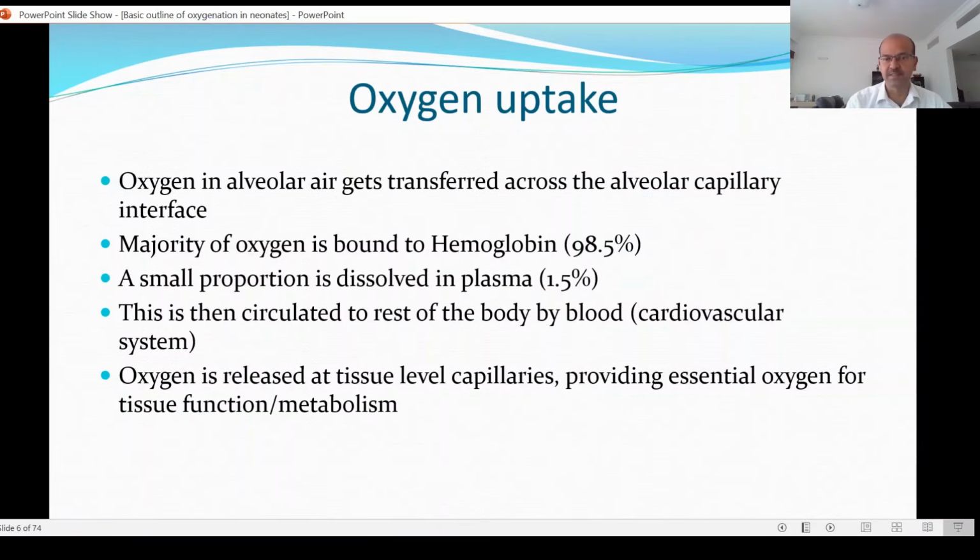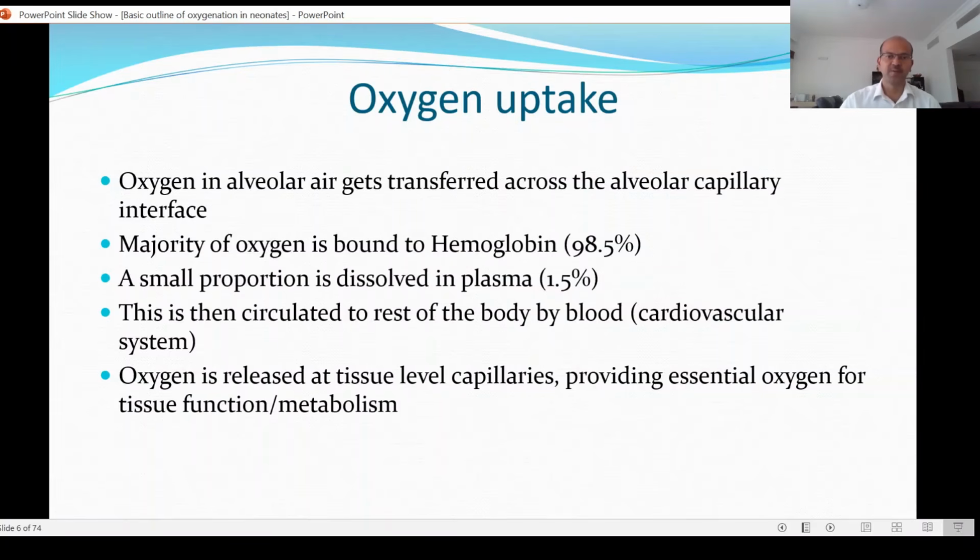So blood is just the vehicle to carry the different substrates that we need for adequate functioning. So oxygen, glucose, etc. are carried to the tissue. Carbon dioxide and other waste products are taken out from the tissues and brought to the kidneys or the lungs to be excreted appropriately. So the blood is a vehicle to carry essential things to the different parts of the body. Oxygen is then released at the tissue level capillaries, and this produces essential oxygen for the tissue function and